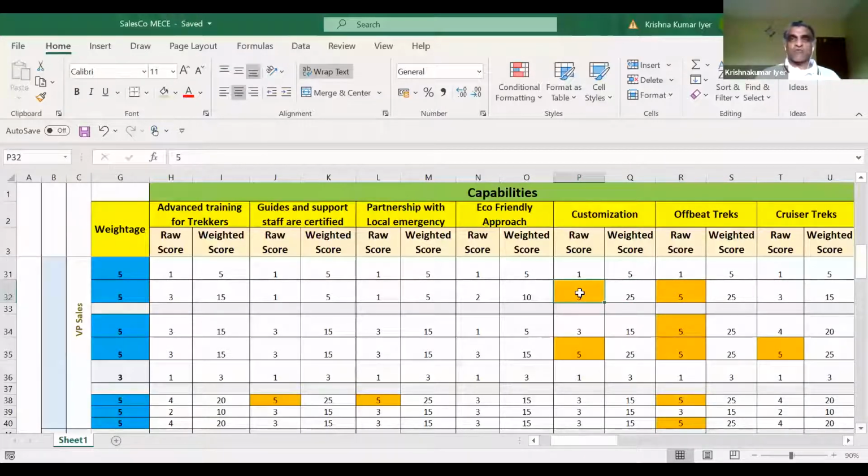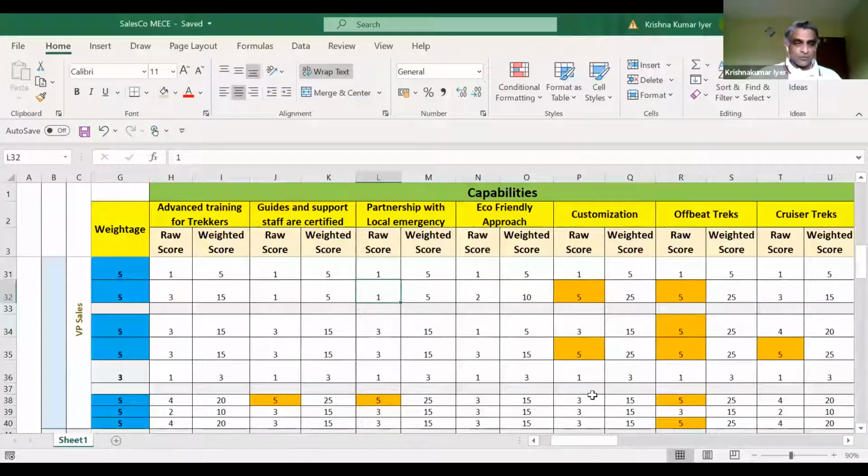This raw score of 5, what other scores can it possibly be? It can be anywhere from 1 to 5. What does 1 represent? We don't have anything to offer as far as this particular issue and this particular capability is concerned. So for example, if you look at the partnership with local emergency providers, we are scoring a raw score of 1 against that issue.